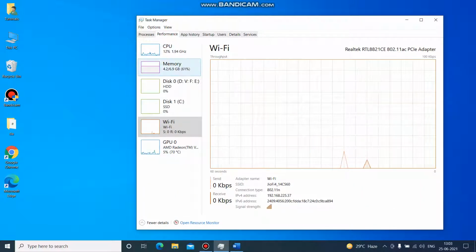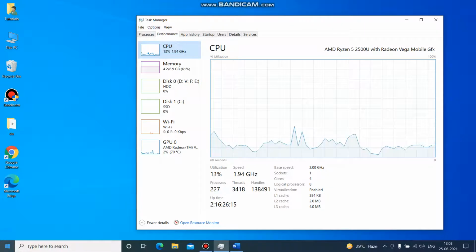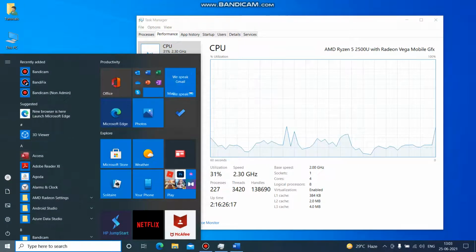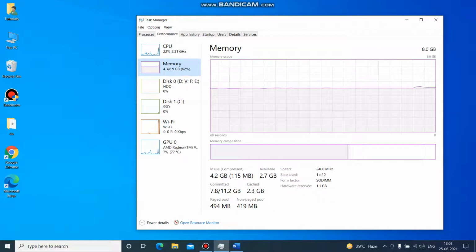In performance, you can see how your CPU is performing overall in all the open programs, how much it's using, and you can see everything here. Your memory, how much your memory is consuming.